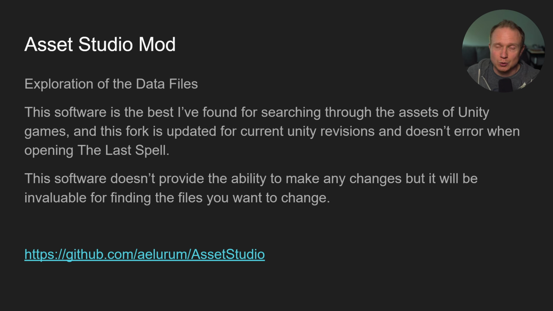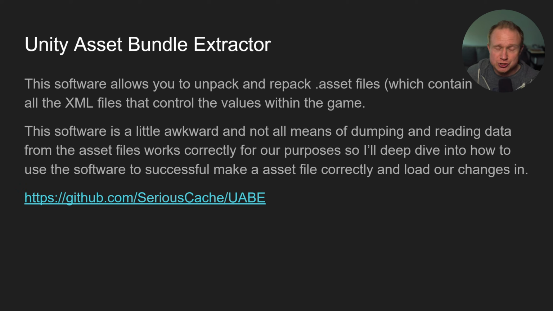But Asset Studio is going to be our exploration and discovery tool. It has a great set of features for looking at what is inside the data files of Unity games. It has great search, it has good filtering, it presents things in a reasonably nice and clean sort of way. So this is going to be the tool that we use to look at the game files. We can't actually edit them with Asset Studio, but this is going to be invaluable because for the most part, we don't know what we can change and what we can't change until we use Asset Studio to figure it out. Once we've figured out what we want to change and how we want to change it, then we need another tool,